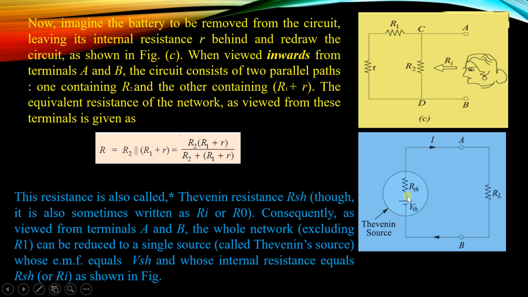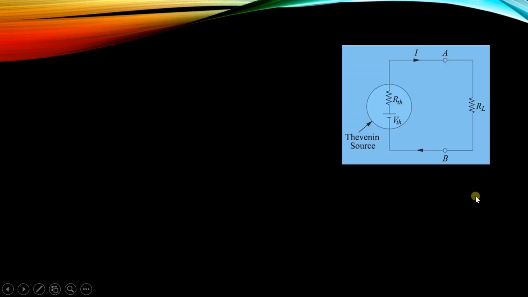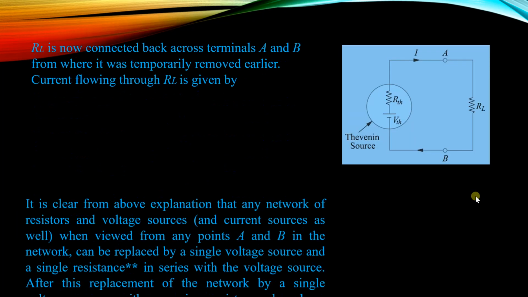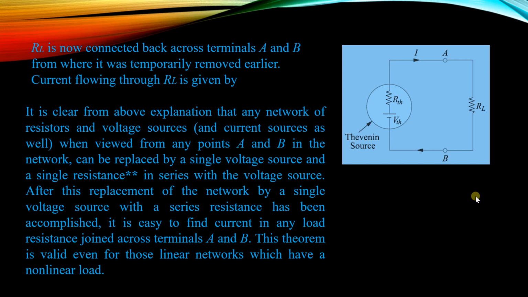First we find the Thevenin voltage source or the open circuit voltage and the Thevenin equivalent resistance, and reconnect the load. Then from this circuit, we find the load current. RL is now connected back across terminals A and B from where it was temporarily removed earlier. The current flowing through RL is given by